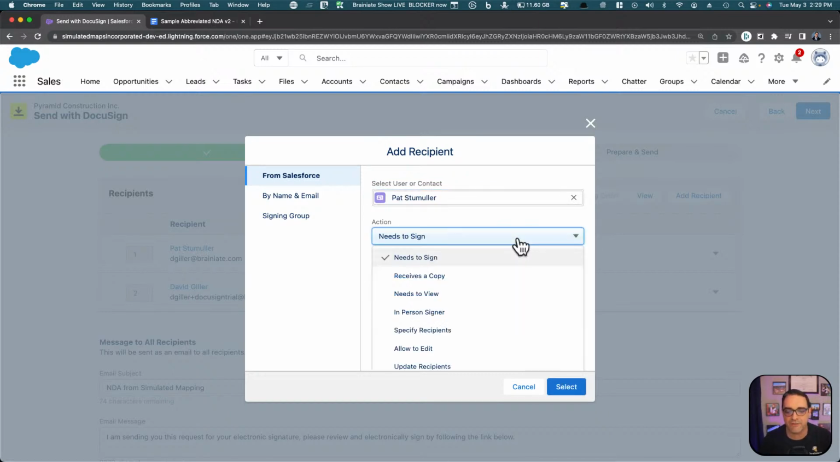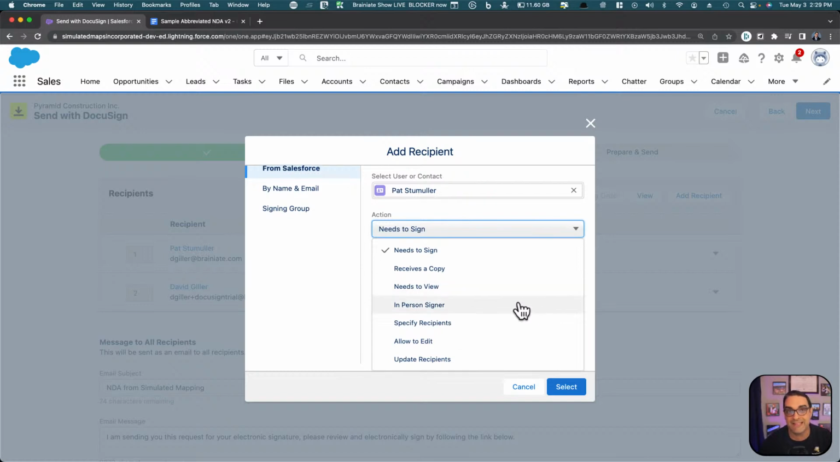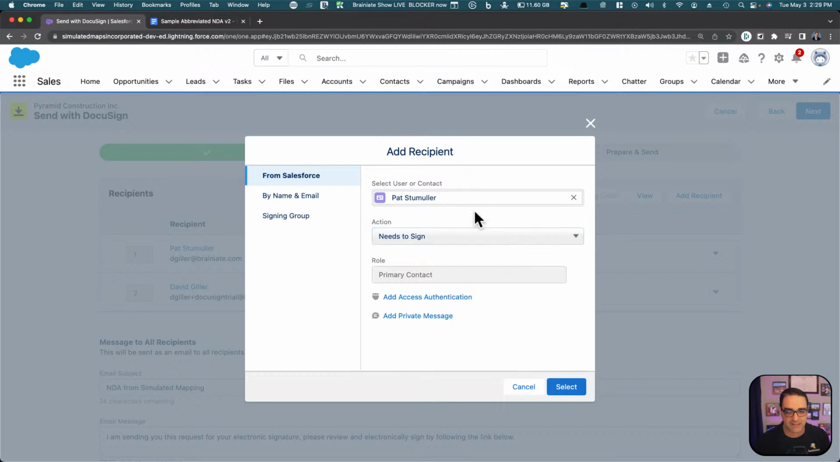And we can see the action over here. Now, by the way, there are additional options for actions. I'm not going to dive deep into these. I just want to show you that they exist. And alternatively, I can choose someone who is not necessarily in Salesforce, either as a user or as a contact,